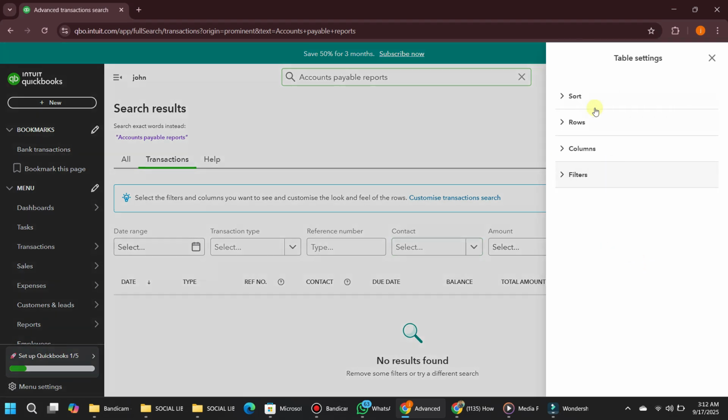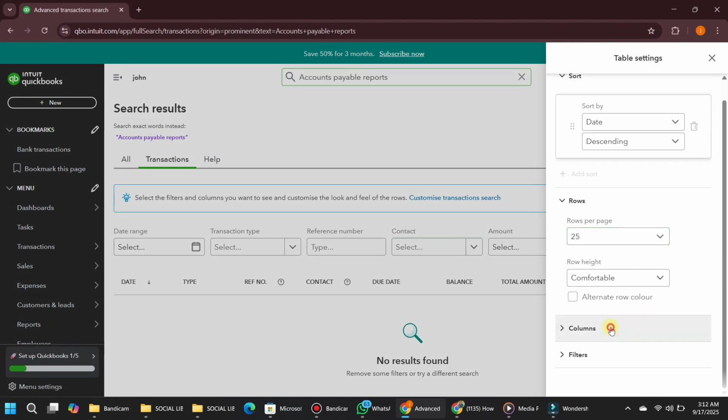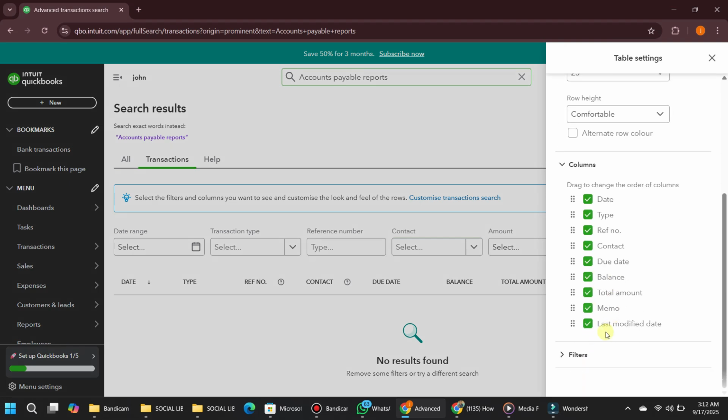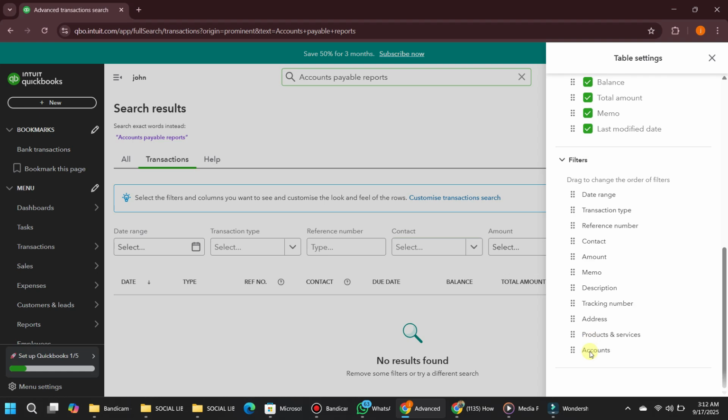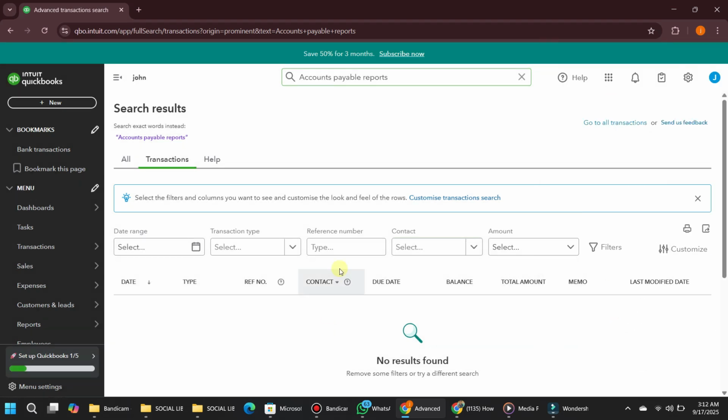You can further customize it by adjusting the layout, adding or removing columns, or applying additional filters to refine the results. Finally, you can export the report to PDF or Excel, or print it directly from QuickBooks. This report is a great tool to track your outstanding bills, monitor vendor balances, and manage your payables more